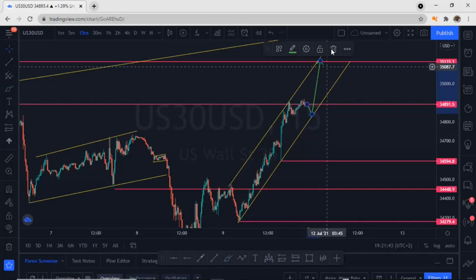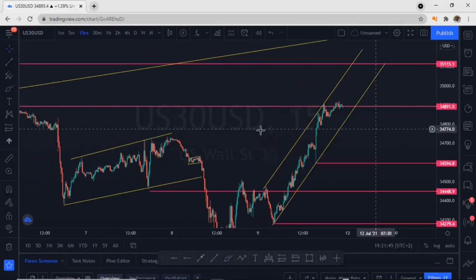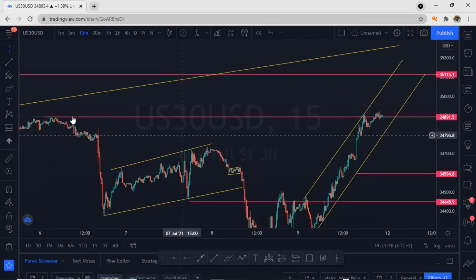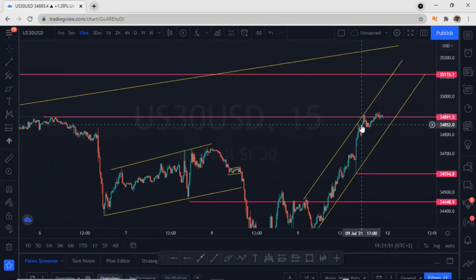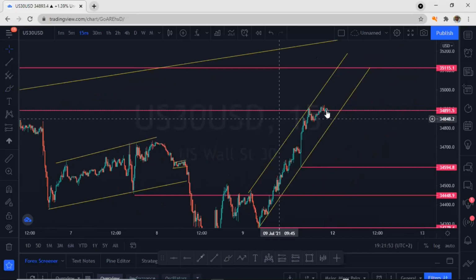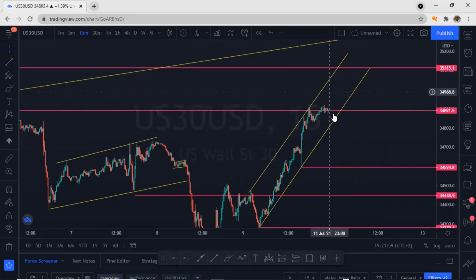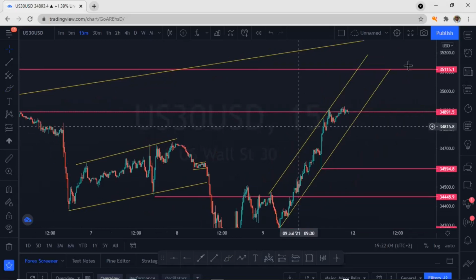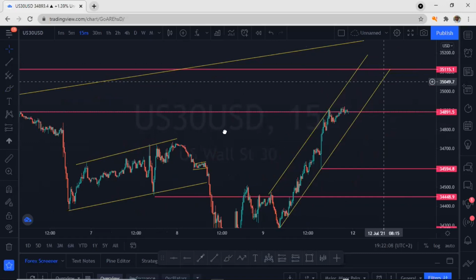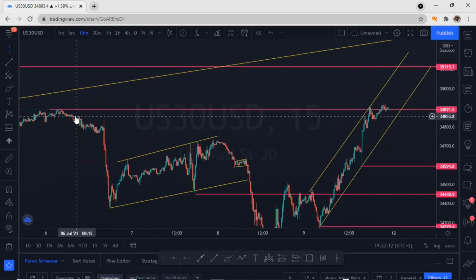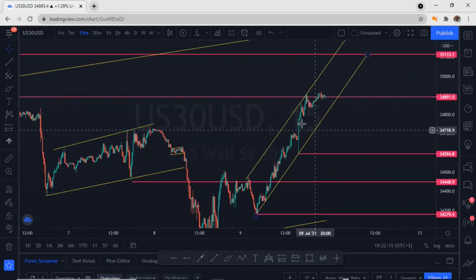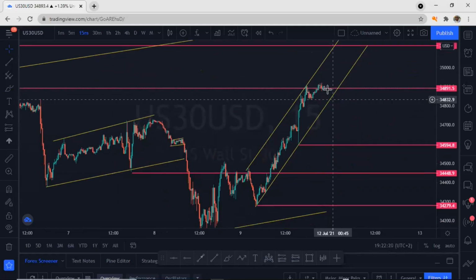Check the level where we are at right now with the USD. Check where we are at. It's like creating the double bottom, the double top. I mean, the double top is in this line. So there is a possibility it can shoot up, and it can, but because it's a double top, and the trade went up, now it's in a correction manner. I believe that it might go down.